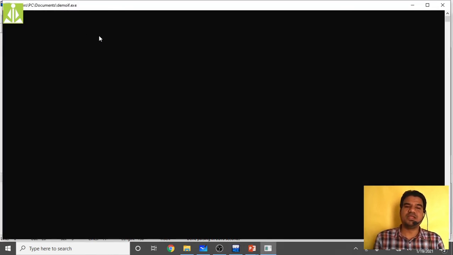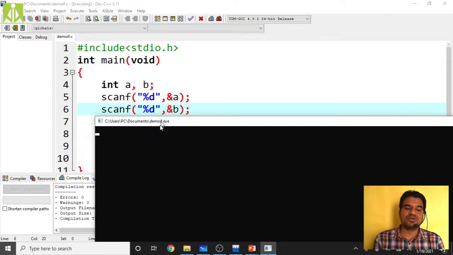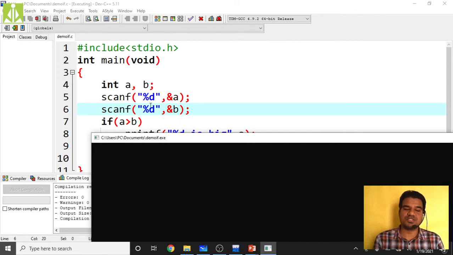See, on the output screen, the control is waiting for some input. What input is it waiting for? Some integer input, because we said %d. This is the conversion code, and the %d conversion code is related to integers. Whenever it sees this %d inside scanf, it will wait for integer input. If you supply the integer input, it will store it into this address. This &a is nothing but the address of variable a. Very soon you will understand this &a.